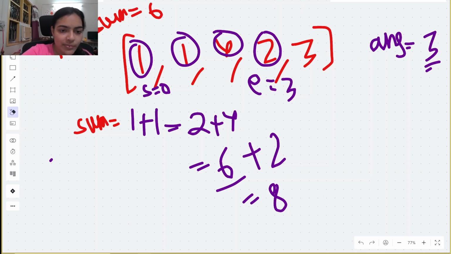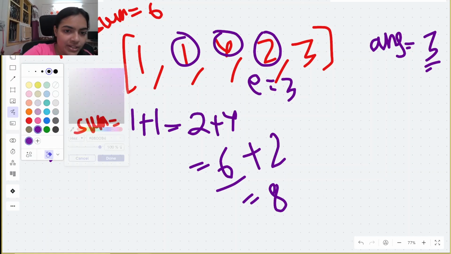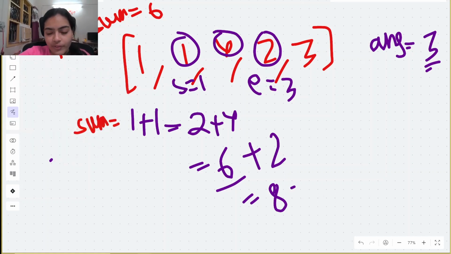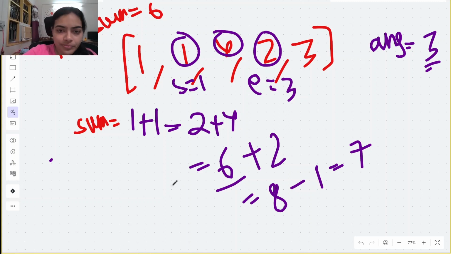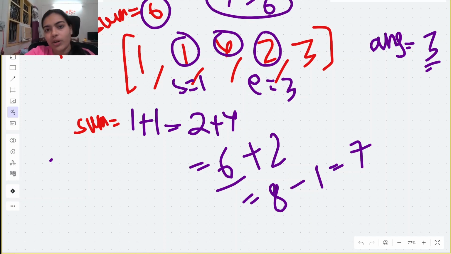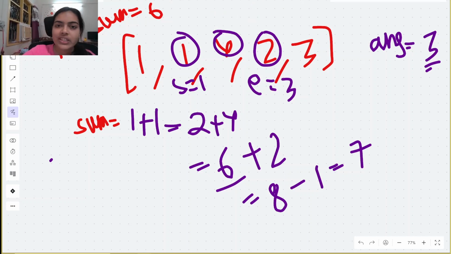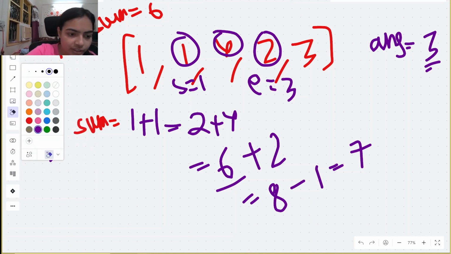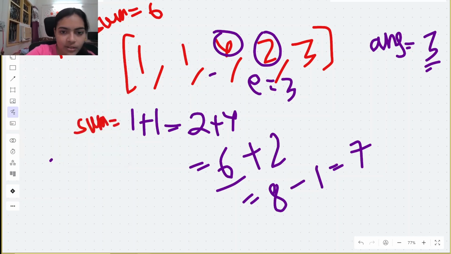So for the very first time, we will start removing elements. So we will shift our start pointer and we will bring our start pointer to this. So we will remove 1 from our sum. So our sum becomes equal to 7. Okay. Now the sum is 7. The sum is still greater than the total sum which is equal to 6. So in this case, we still have to remove elements. So we have to shift our start pointer further. So let's shift it and remove this element. So the start pointer comes here. We have removed 1 from the sum.